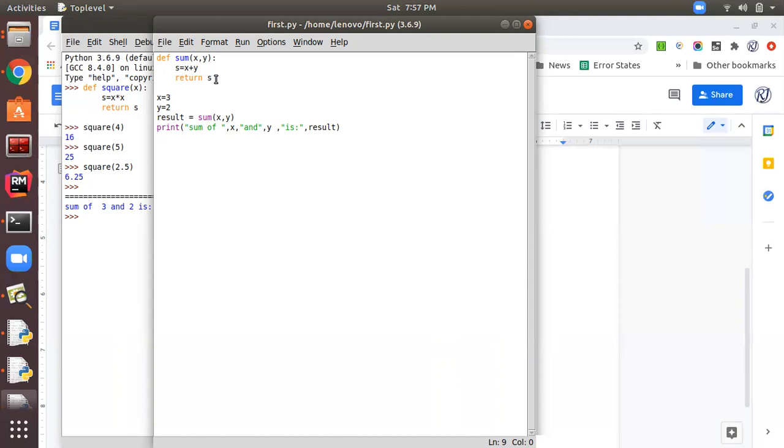Then the function returns the value by the return statement. Wherever we want to call the function, we pass the argument values, and as soon as we call the function, the control goes to the function definition and it executes the function statements. Once all the function statements are executed, it returns back to the next statement after the function call. So this is how function calling works. And after that it prints the result.